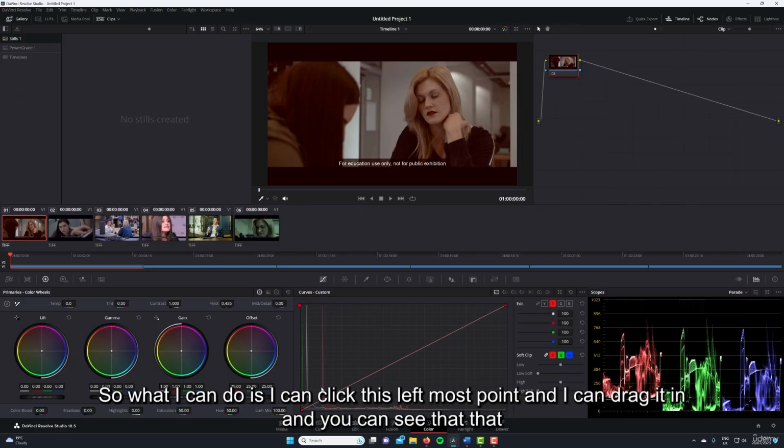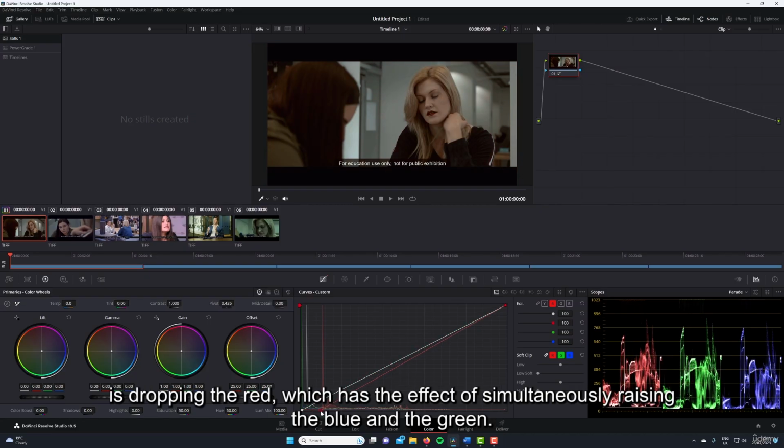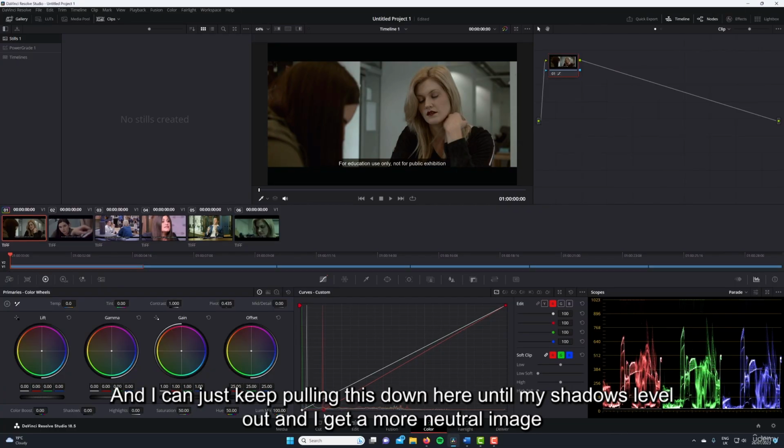So what I can do is click this leftmost point and drag it in, and you can see that that is dropping the red, which has the effect of simultaneously raising the blue and the green. And I can just keep pulling this down here until my shadows level out